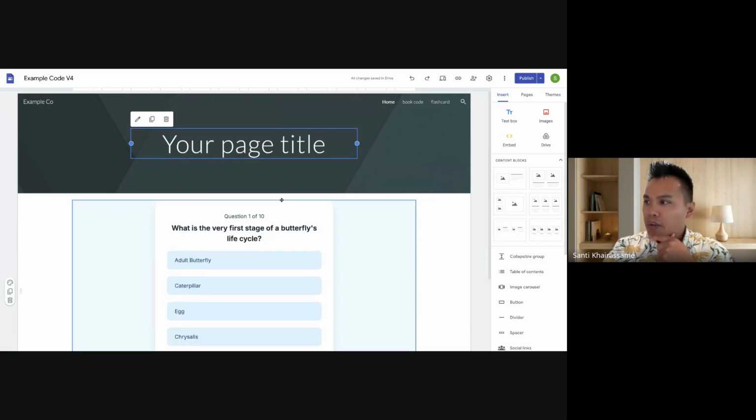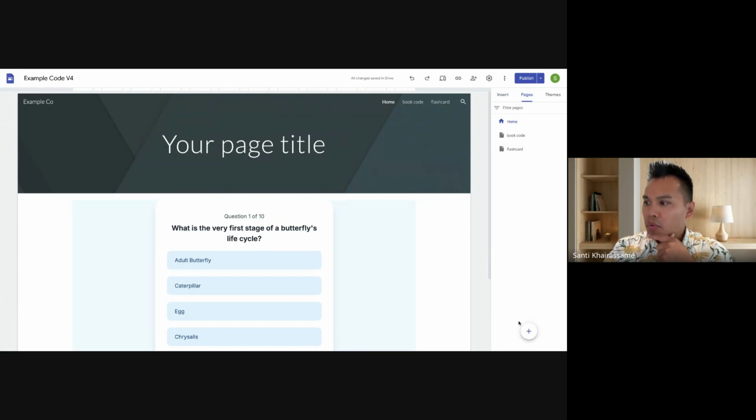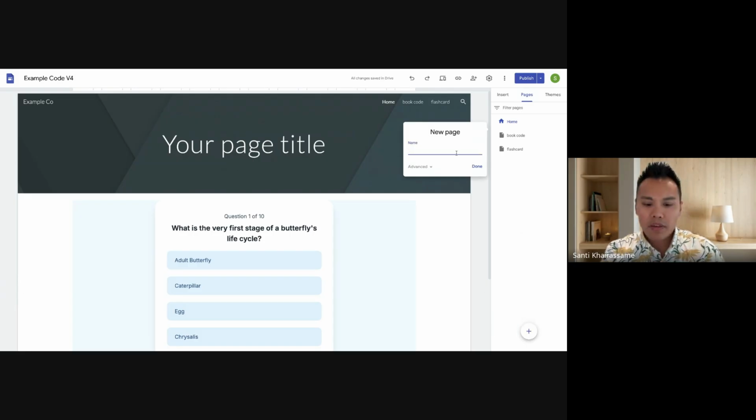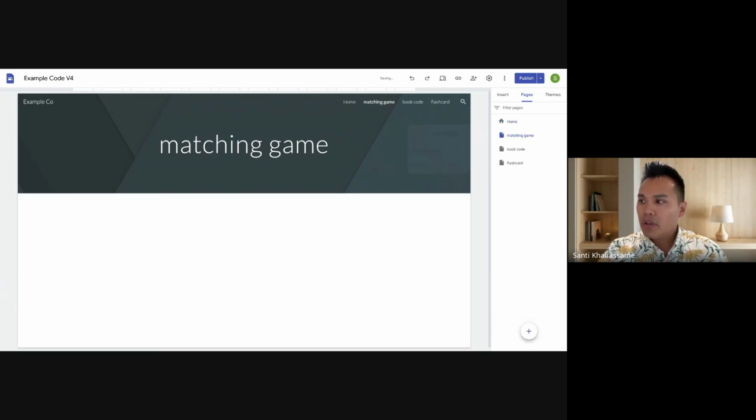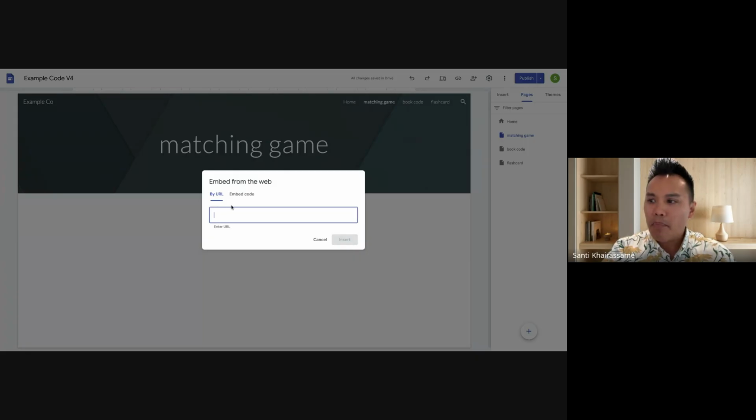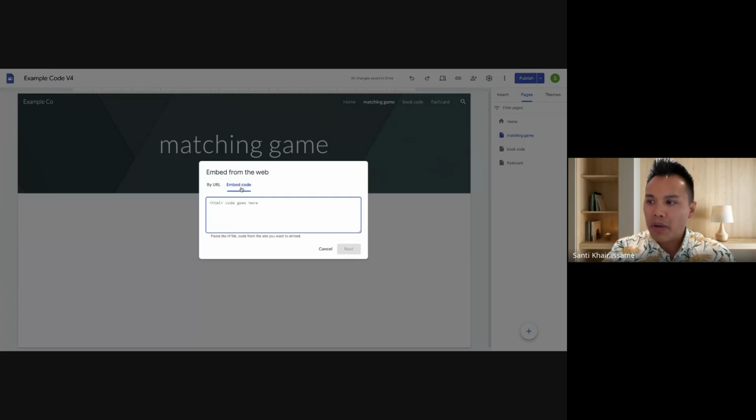So these are the other games I made. I'm just going to make a brand new one. Okay, so you can make a matching game. You can make a Google site. And obviously you can add text and images to a site, but there's also an option that I never really used before until Gen AI came out. You can embed computer code in here, HTML. And where do you get that code? You can get it straight from Gemini.